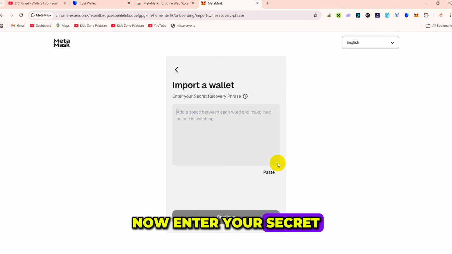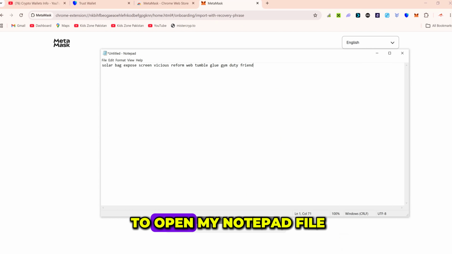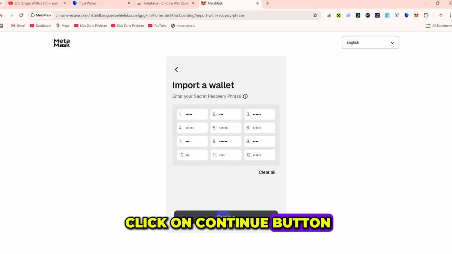Now enter your secret recovery phrase. I'm going to open my notepad file where I have saved all my secret phrases. Simply copy and paste here. All phrases are shown here. If I click on yes, the first phrase is correct and the last one is also correct. Now what will I do? I simply click on the continue button.